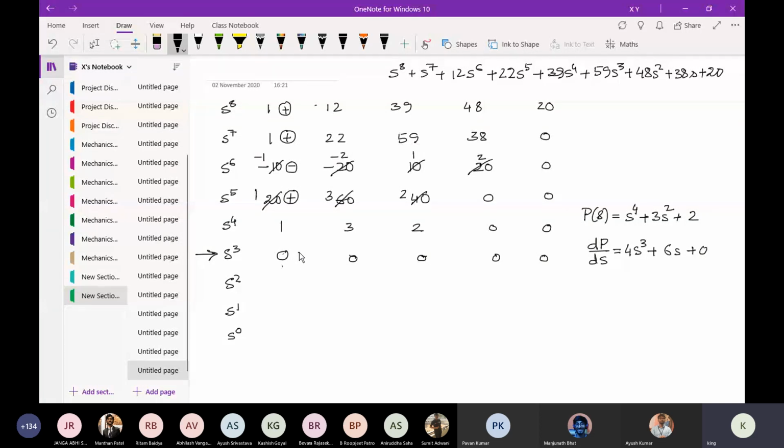So this will become, I'll have a new polynomial which will be 4, 6, 0, and these other things will remain unaltered, and this 4 will become 2, and the 6 will become 3. So after we go about doing this, we are going to have 1 into 3 minus 3 into 2 by 2, so 3 by 2,